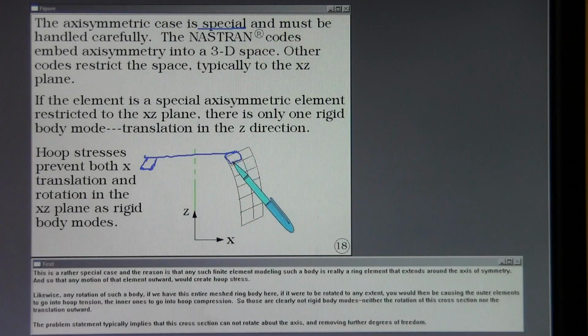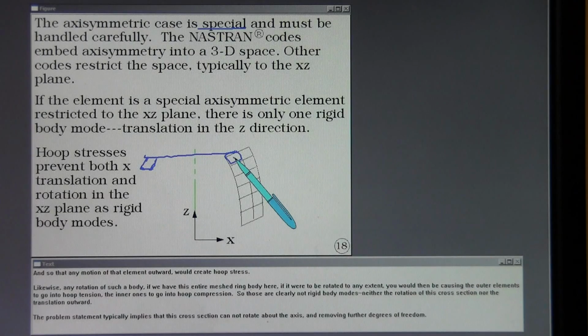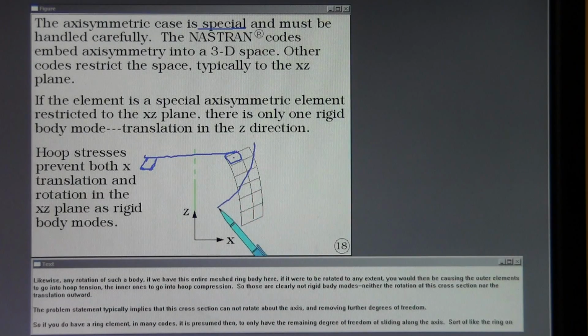And so any motion of that element outward would create hoop stress. Likewise, any rotation of such a body, if we have this entire meshed ring body here, if it were to be rotated to any extent,